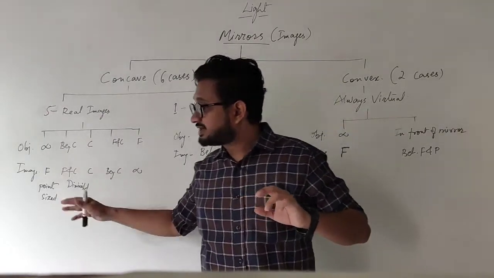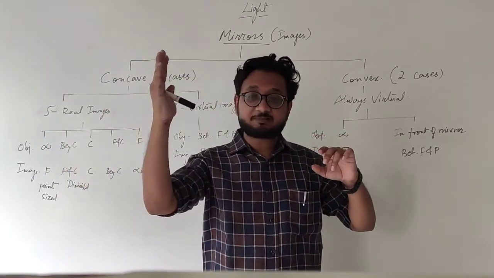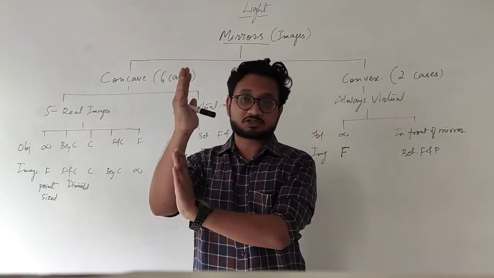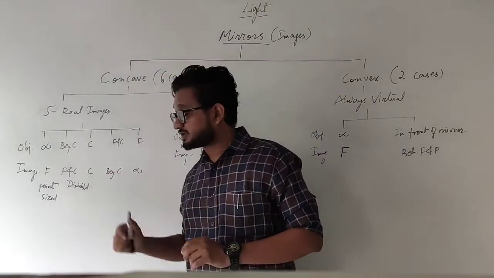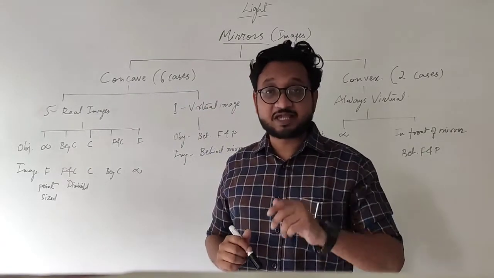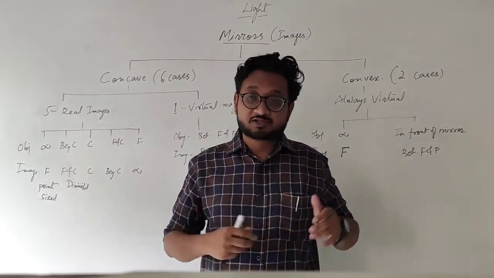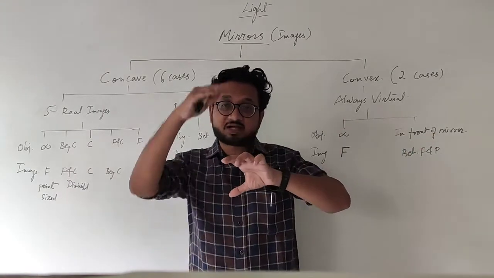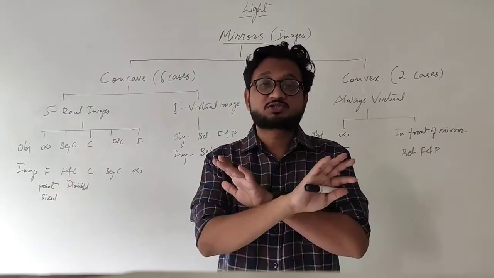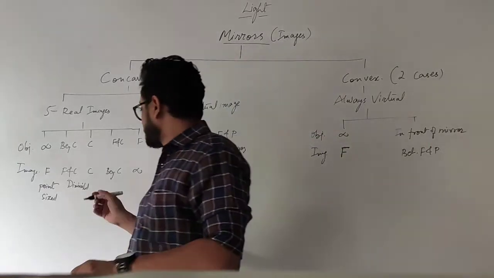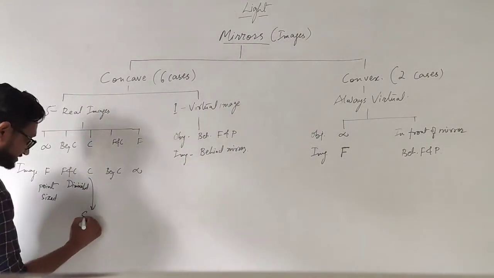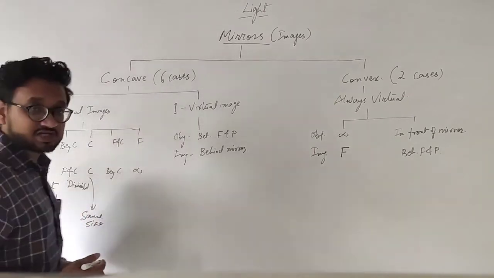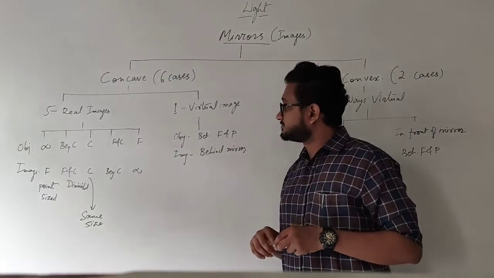Next one is, now you bring the object even closer and place it on center of curvature. So the image will move even further, and it will also come on center of curvature. And this time the image will be the same size. So it has gone even larger. Before it was point size, then a little bit larger, and now even larger and becoming the same size as the object. So no magnification. Over here I will write: same size as that of the object.